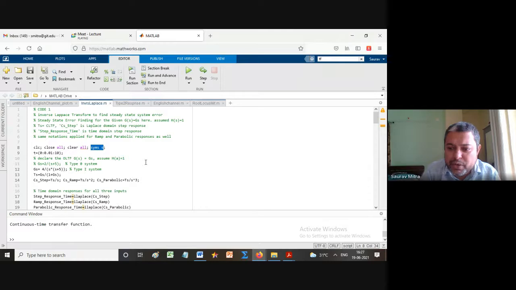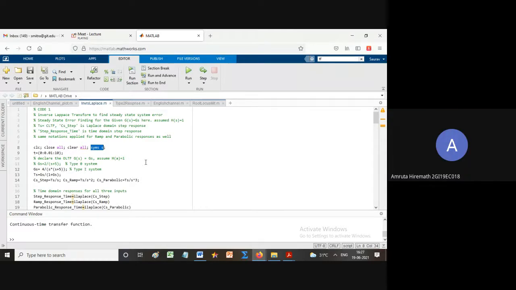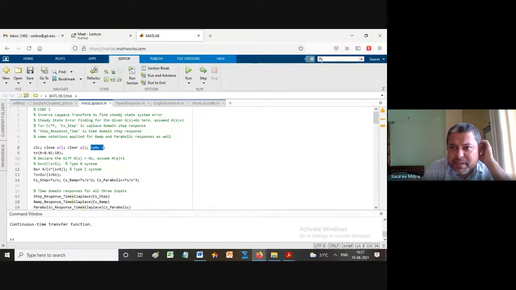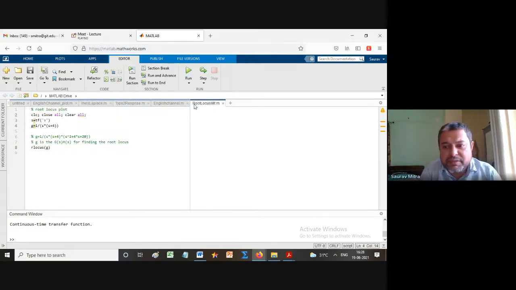Amruta, can you just check out all these things? TF and Sims. Yes, sir. I'll do it. TF is transfer function and Sims, यहाँ पे TF की जगह पे Sims लिखो, and actually we represent the numerator S polynomial, denominator S polynomial by the same things, Sims or TF, both ways. Okay, so let us go to the root locus. Let us not deviate. Time कम है, और ये हो गया.